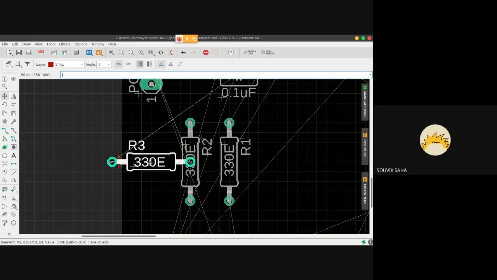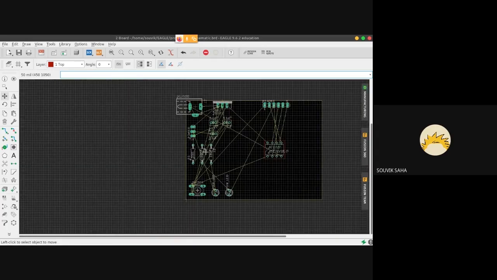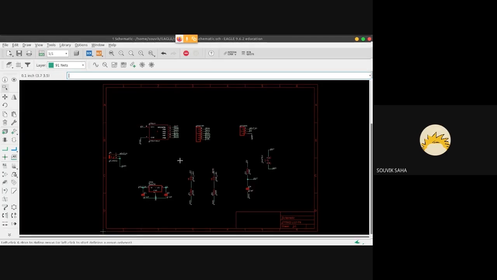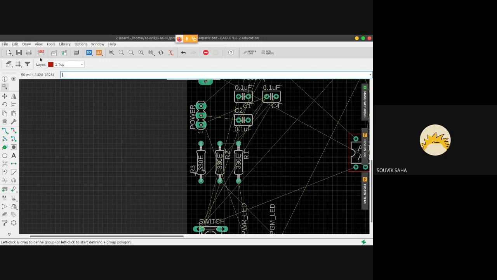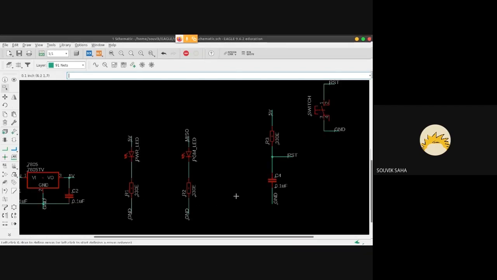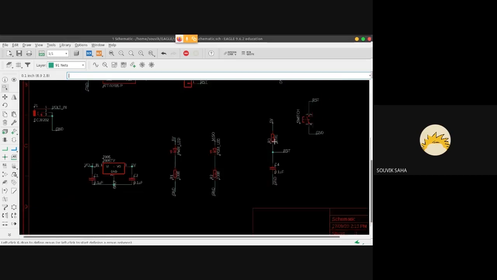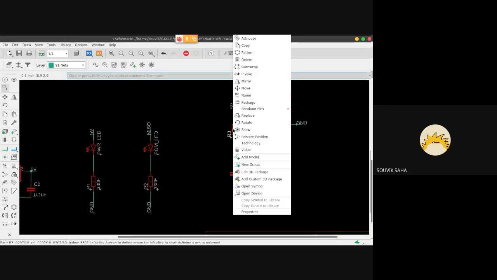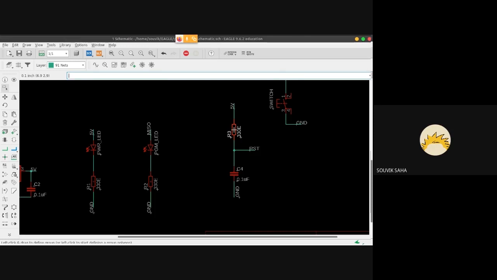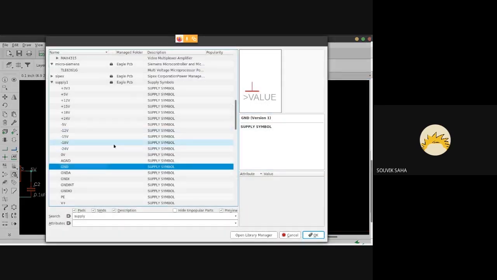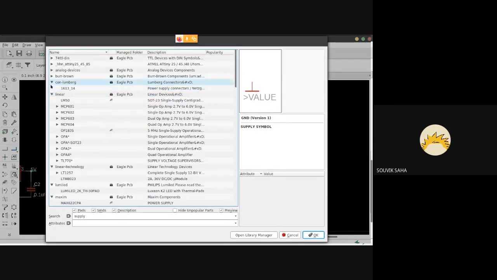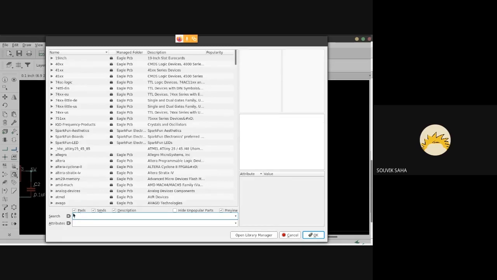Suppose you feel that you can make the resistor smaller. So you can. What you need to do is save it, go back to your schematic layer, I'm sorry. And this is resistor R3. Suppose I want a smaller resistor R3. So I can just look for resistor R1, R2, R3. I want this to be smaller than it is. So what you can do is right click on the component, select replace. Then go to the section that we find components in, that is RCL.